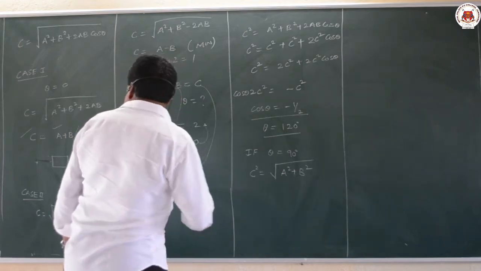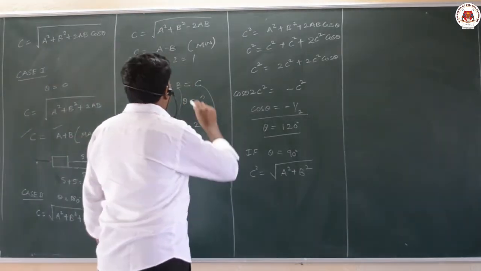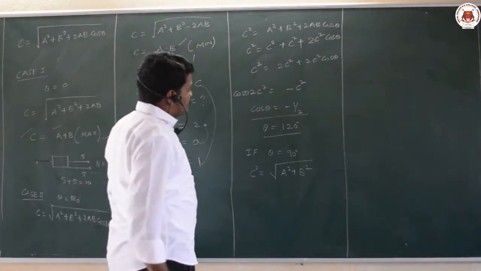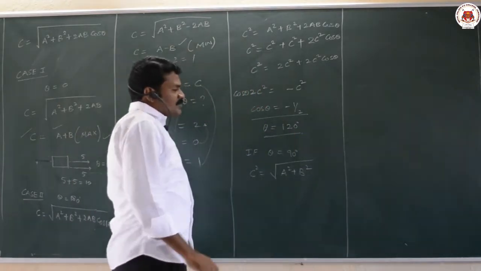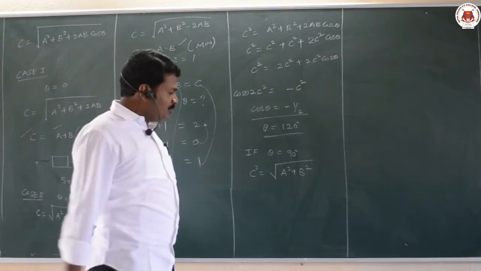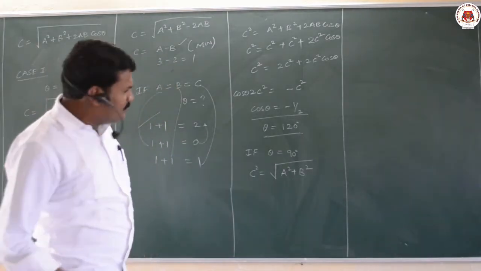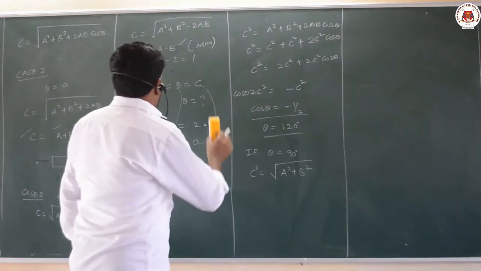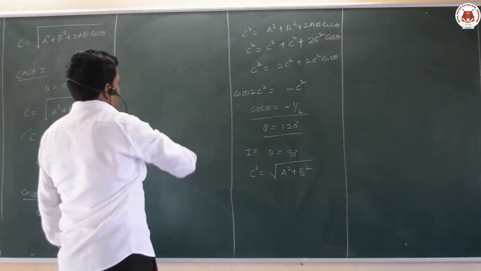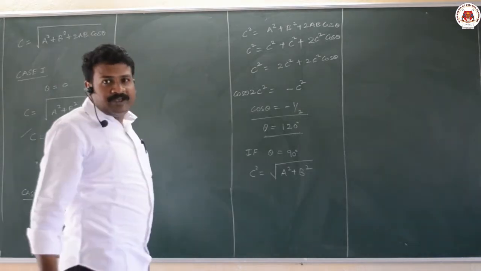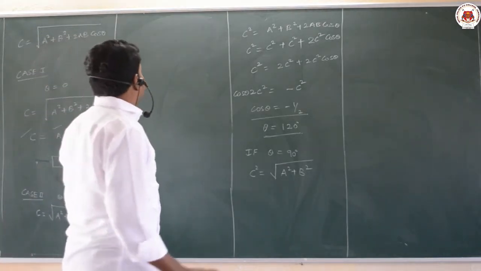What is the maximum resultant you can get? A plus b. The minimum resultant you will get is a minus b. And if a is equal to b is equal to c, the angle is 120 degrees. And there is one more point to be discussed in the parallelogram law of vectors. If n number of equal vectors are oriented at an angle of 360 by n with the next vector, then the resultant is 0.